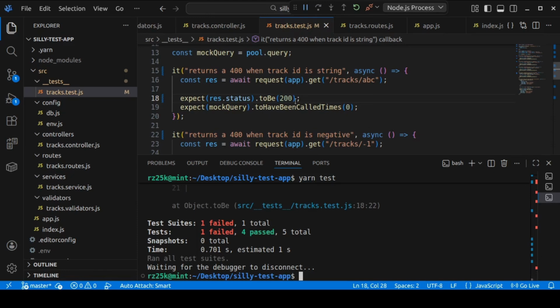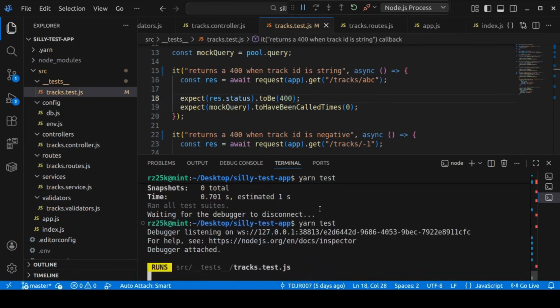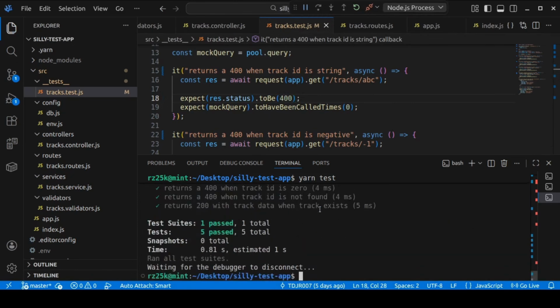And if I fix it back and run the test again, all green once again. You write these tests once and they run forever in your pull requests, in your deployment pipelines, etc. One final thing I'd like to note before I conclude is that while making this video I chose